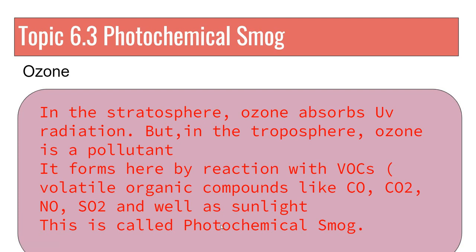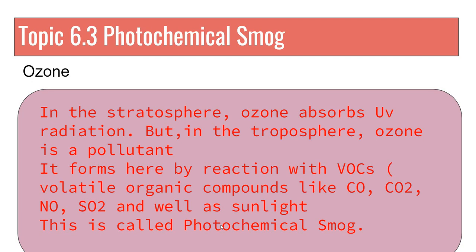Topic 6.3 is about photochemical smog, which is the type of smog which originates from the ozone. So last time in topic 6.2 we talked about what the ozone is. It's the layer in the lower part of the stratosphere which absorbs UV radiation. But if that ozone layer gets pushed downward into the top portion of the troposphere, then what was a good